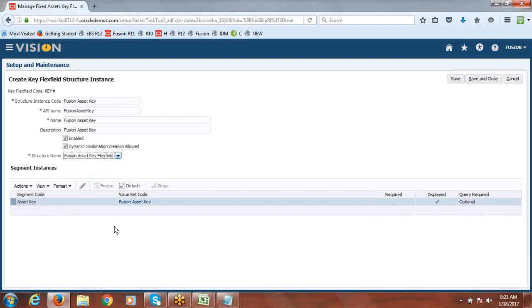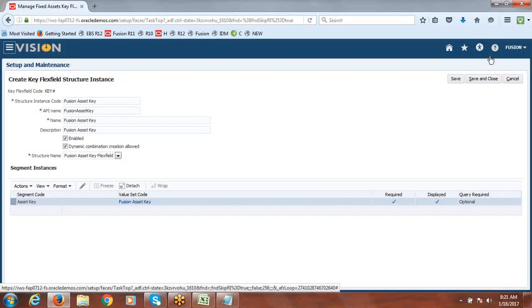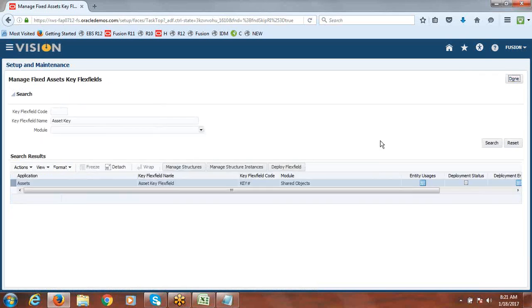Only one segment we created, the same we can set as required. Now we should deploy it, right?